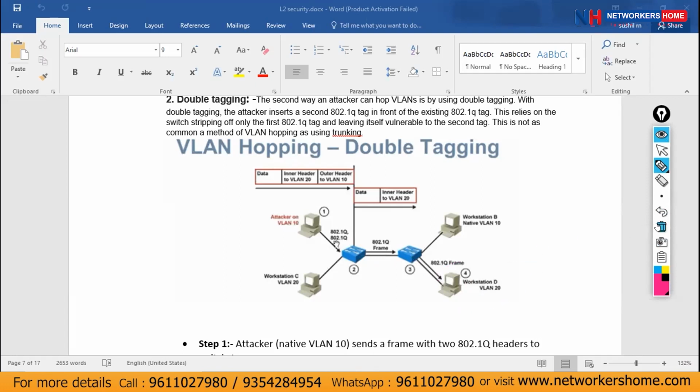the workstation is connected in VLAN 20, and the attacker is connected on switch 1 or switch 2, you can say, in VLAN 10. Okay. So now this attacker wants to send a packet to this particular server, and he's not expecting any reply. It's like a DOS attack. In a DOS attack, the attacker will not expect a reply. He just wants to send the packet, he just wants to perform the attack. See how he is doing the double tagging. What he does